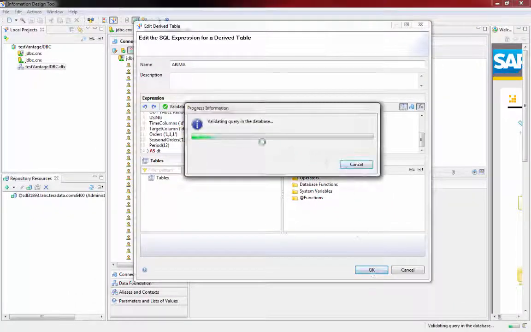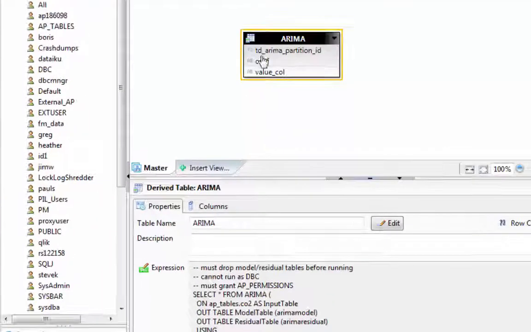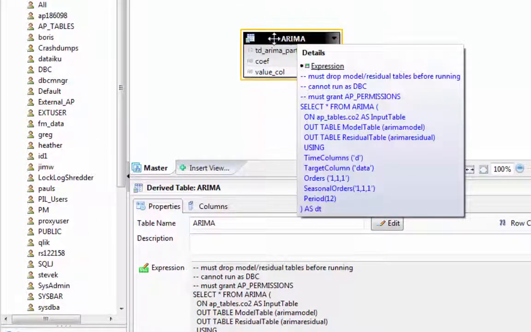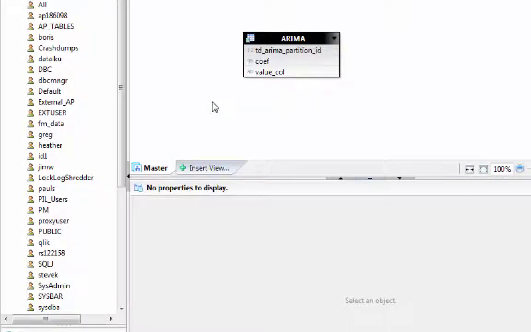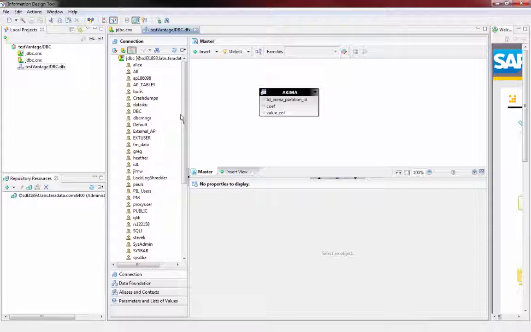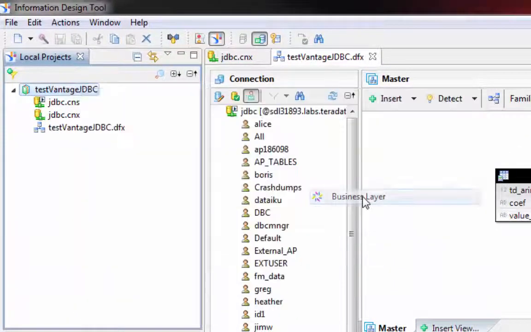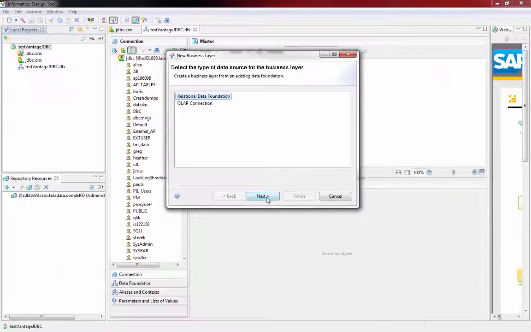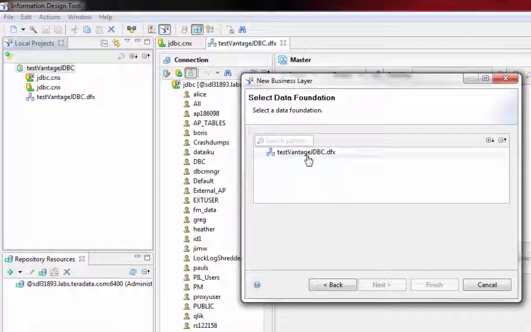At this point, we're going to save, and it will validate by running the query. Once the query is validated, you will see a table with that query pop up. At this point, we need to save with Control S, and the next step we're going to do is create a business layer. The business layer is going to be used with the same connection that was previously created